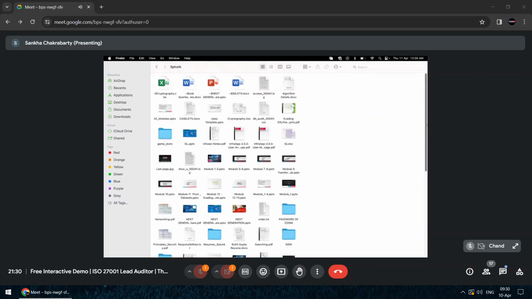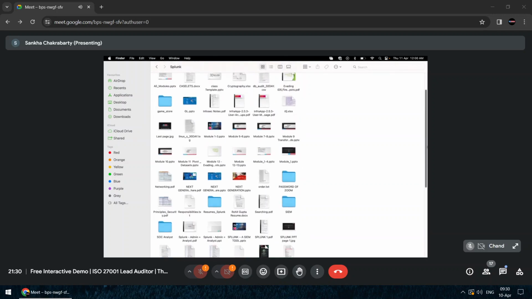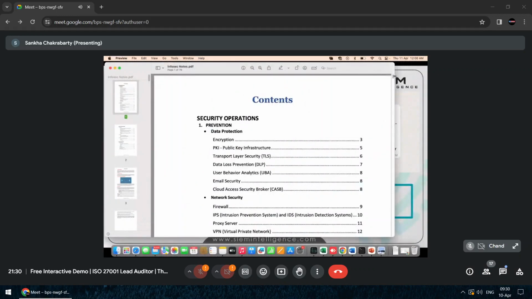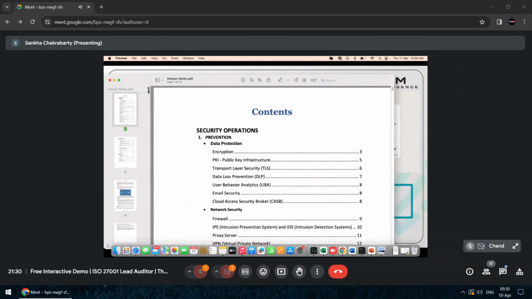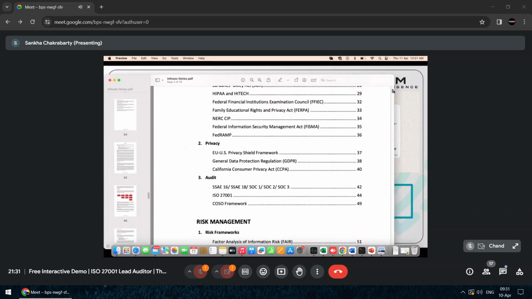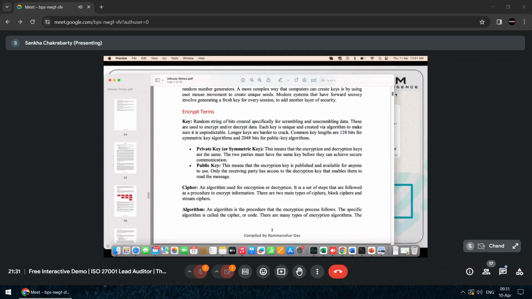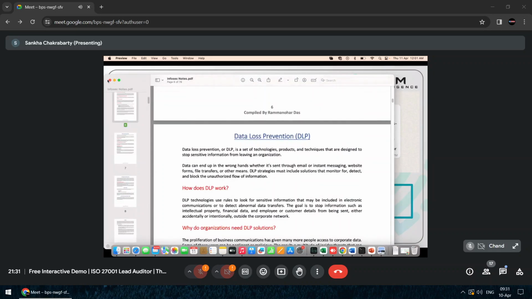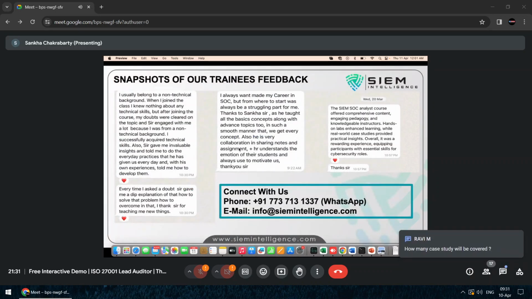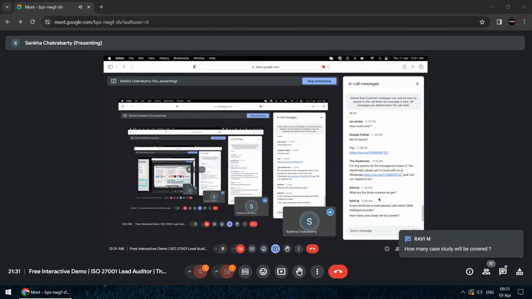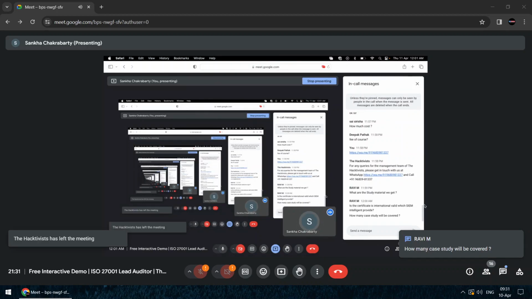Let me quickly open those folders. These infosec notes I'll also be sharing with you. All the domain use cases are covered, which is very important from the interview perspective. Here you will get detailed knowledge, apart from ISO, of what kind of questions you can get in the interview, the TLAs, the encryption, all explained in detail. There are a few other study materials as well, which will help you clear the interviews, and I'll be sharing those too.